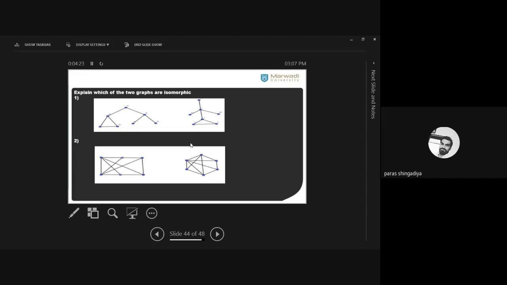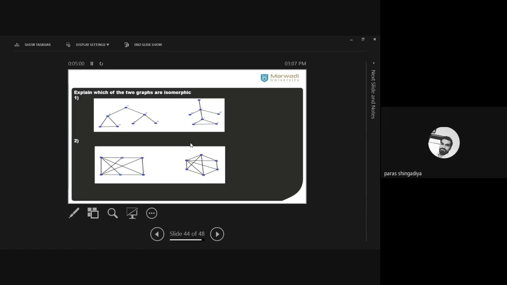Whereas in the second case, the number of edges is mismatched. One contains 10 edges and the other has 11 edges. At that stage you can already say whether the graphs are isomorphic or not. There is no need to check a one-to-one correspondence in the second case. But in the first case we have the same number of vertices and the same number of edges, so how can we verify whether they are isomorphic? We cannot directly say that because it has equal vertices and equal edges it is always isomorphic. That is not true. You have to apply the one-to-one correspondence to verify your answer.